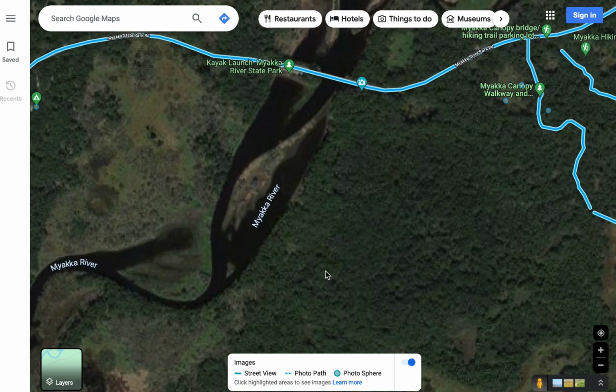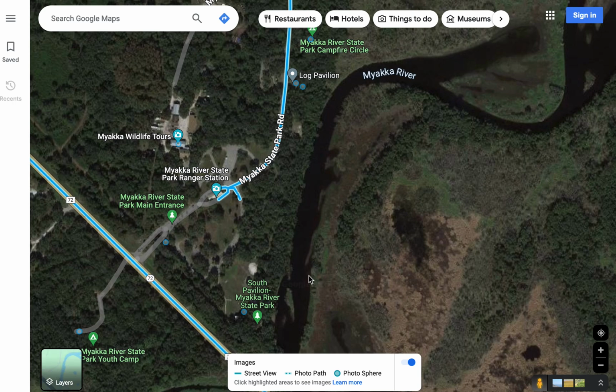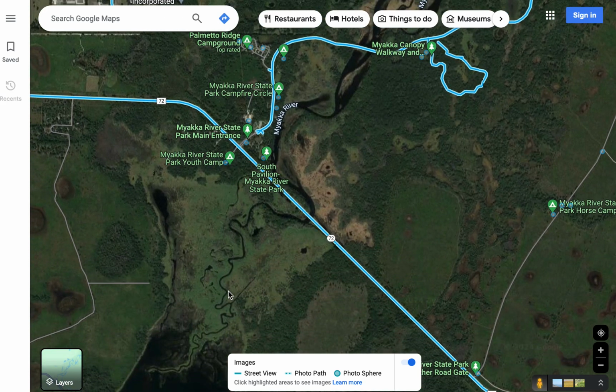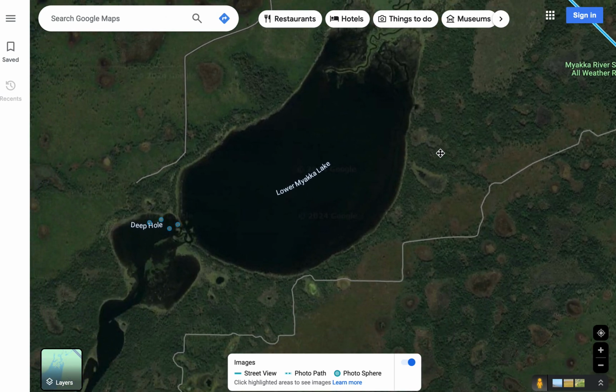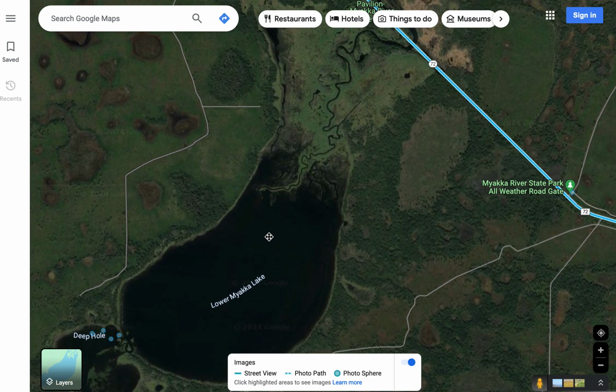We actually went all the way back up to the front office, and we reported it right in here. Within 30 minutes of him seeing the creature, we were in the office. He was drawing a picture of it. There are plenty of sightings. There's one that really got me interested in this particular region, the account on the BFRO about the two